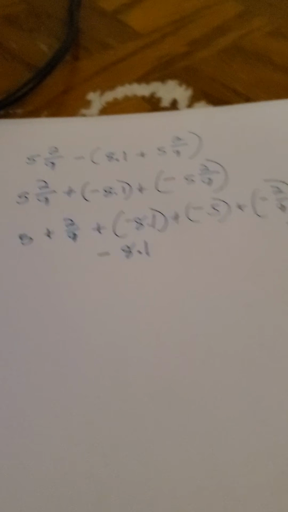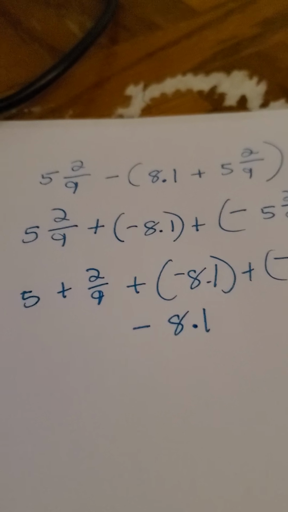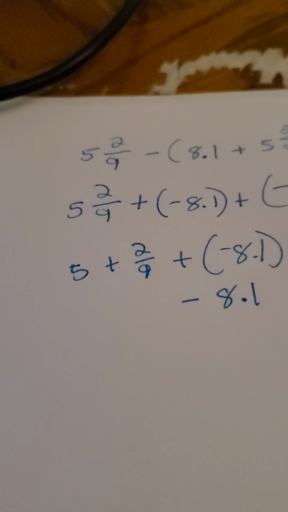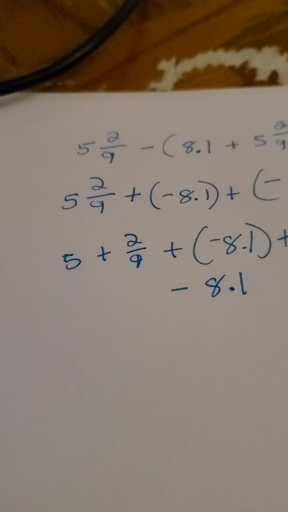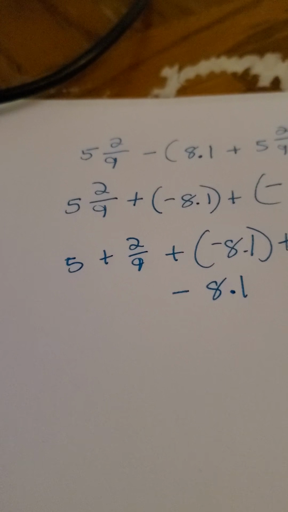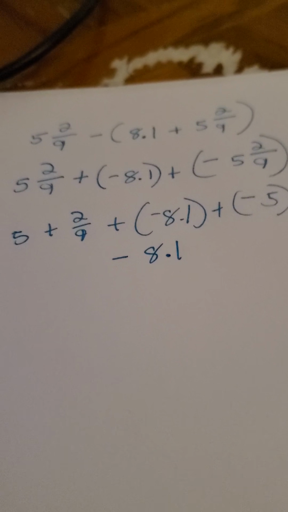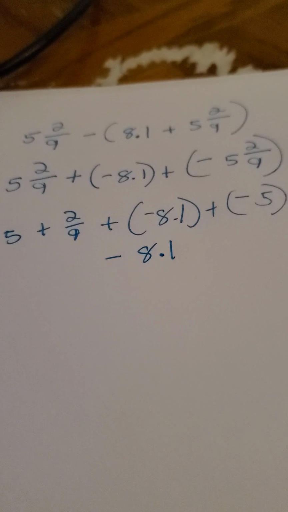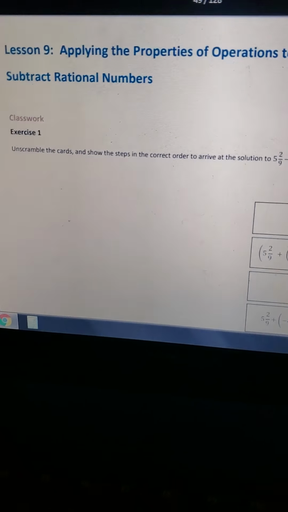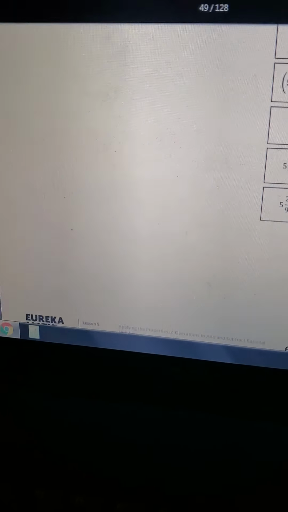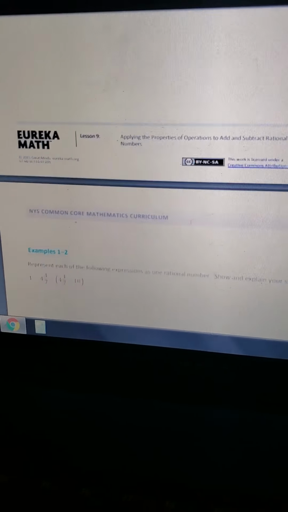So you could have gone ahead and done all this work if you just went from left to right, not looking at the problem, and you probably would have been really annoyed with yourself if you ended up right back where you started. Then you would probably have looked at the numbers and realized what was going on, that you had a positive and a negative. And that's why you have to take a look at what you're doing, not just do the operations without thinking. All right, so